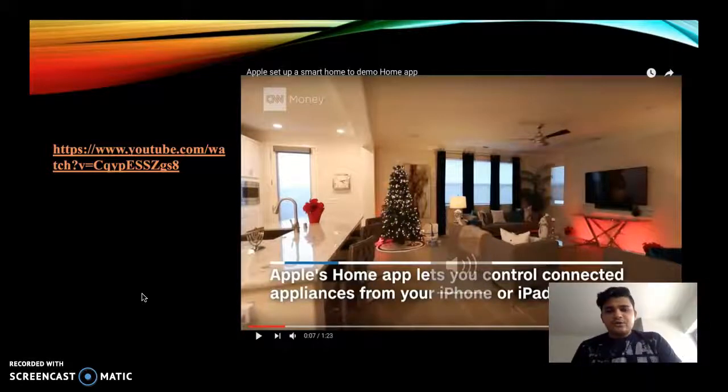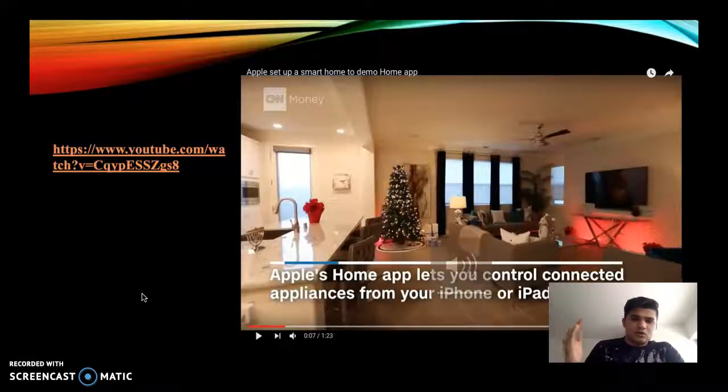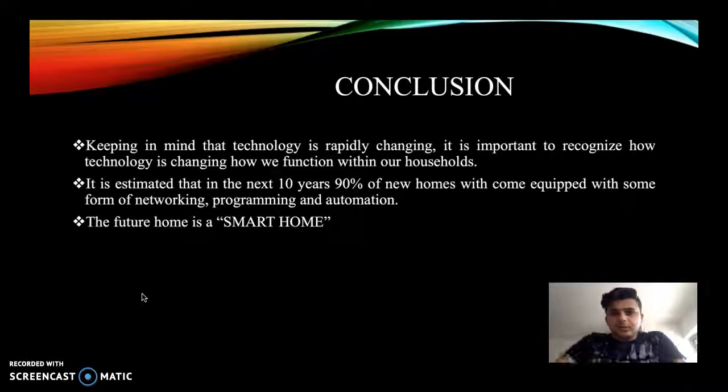You have already seen the video of how the system works, like how the curtains turn off, how the lights go off, how the lights go on. So in conclusion, keeping in mind that technology is rapidly changing, it is important